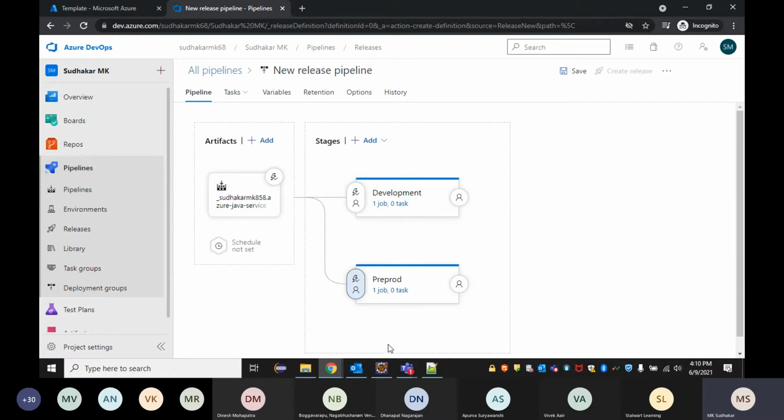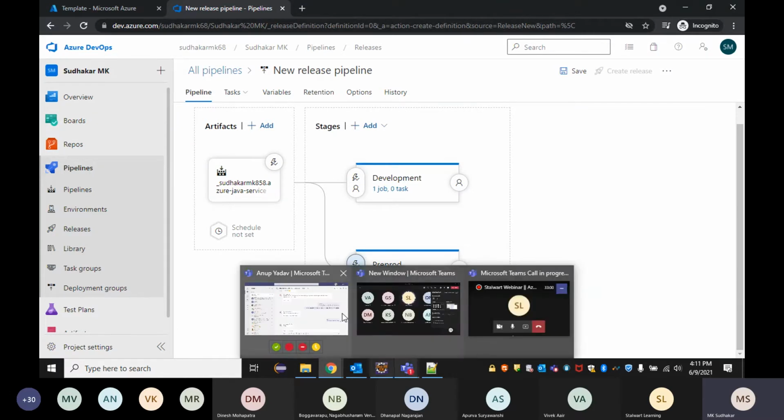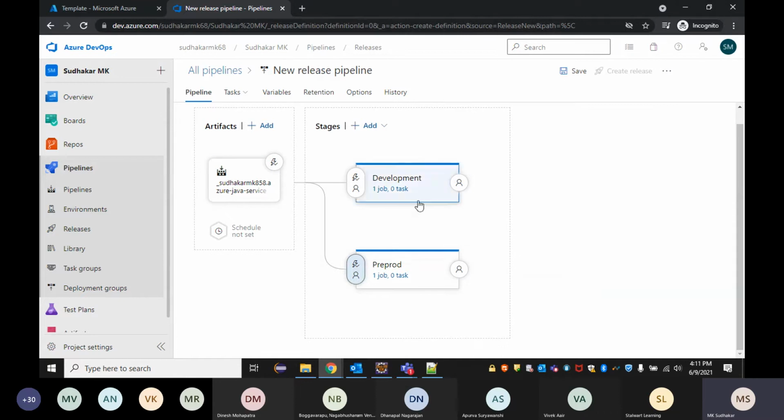Why do we need this, right? Because for example, you have the build and the pre-prod, QA and development environments are linked to the same branch. At that time, these pipelines will be created in a hierarchy so that once this release is created, automatically deployment for the development environment will be started, deployment for the pre-prod environment will be started, deployment for any other environment, QA environment, also will be started. If I create a new one, again a new environment. So all the deployments will happen properly, parallelly. That way also you can do that.